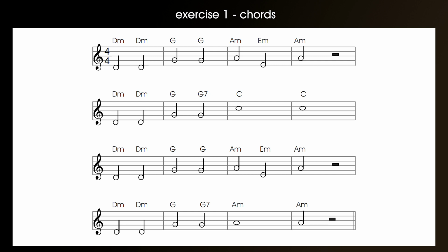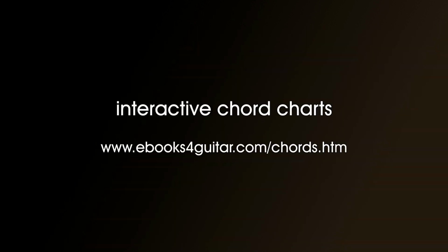Looking at the second line, you'll notice the last 2 bars of the second line are semibreves, which means we play these 2 chords for a full 4 beats. Now, understanding line 1 and line 2, theoretically you should be able to work out what's going on in line 3 and line 4. If you come across any of the chords you're not familiar with, I've put a link